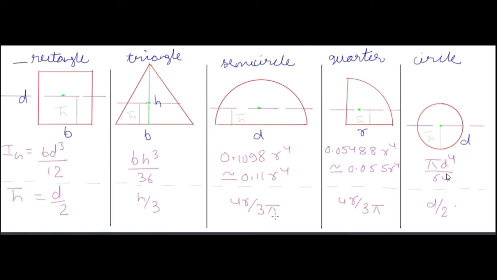We have to deal with strength of materials also. In strength of materials you will be using the formula pi d4 by 64 everywhere. So for a circular area we have pi d4 by 64 as the area moment of inertia about the centroid.